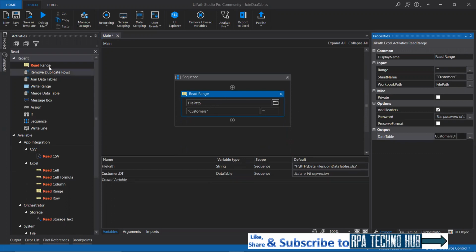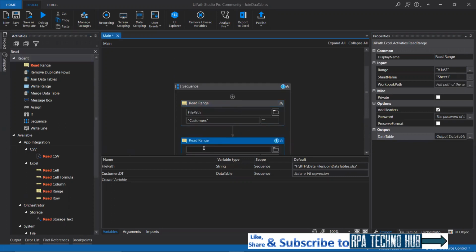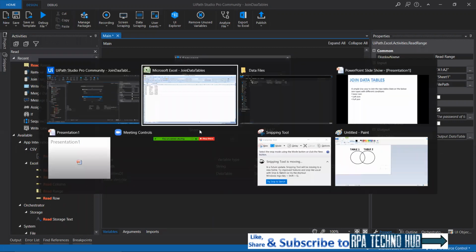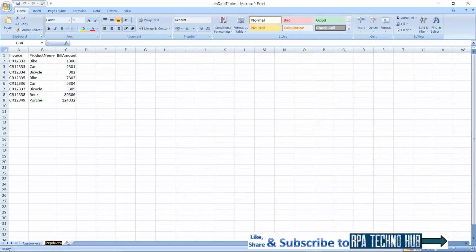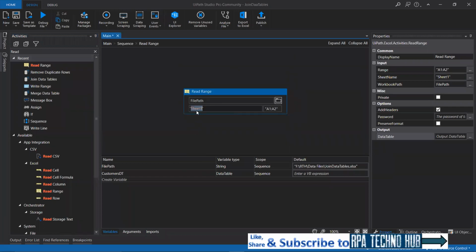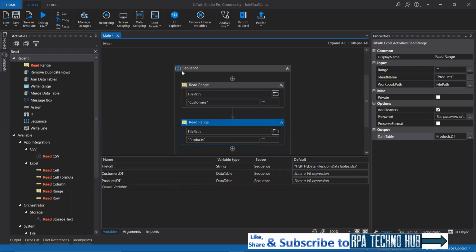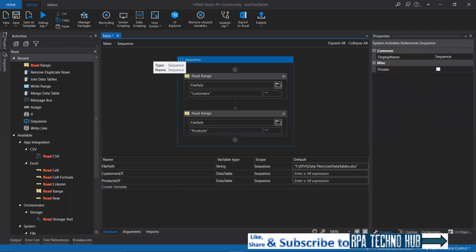and I would need to read the second sheet as well. So I'll use the read range again, and I'll use the file path, and this time the second sheet, that is products. Just copy it and paste it in here. And what is the range? The complete range I want to read, and into the sheet called products DT. Just give an enter. So products DT got created,